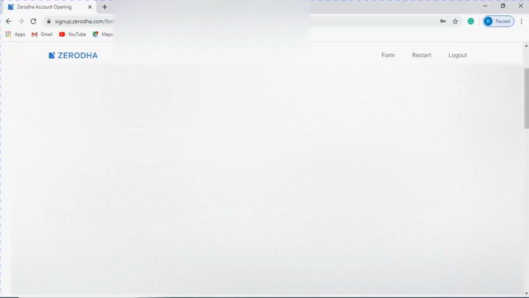I've entered the bank details and I will enter the background information like mother's name, occupation, marital status and all. I have entered all the details and selected all the check boxes and I will click on the continue button.